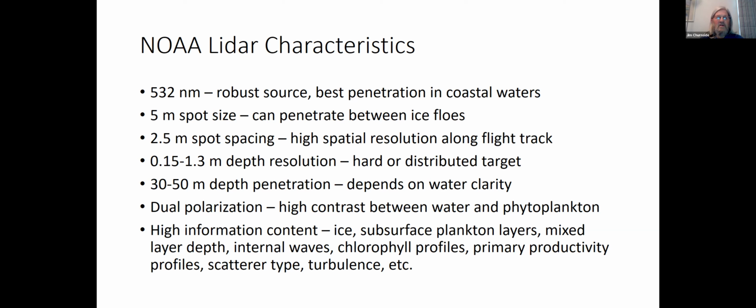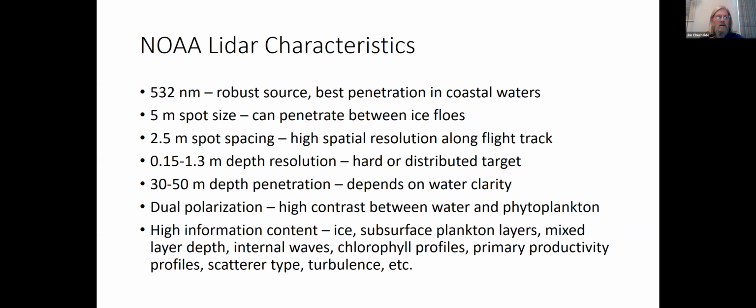We have a 2.5 meter spot spacing on the surface. This gives us high spatial resolution along the flight track. It also means we can do Fourier transforms along the flight track without worrying about aliasing, and I'll talk more about that later. Our depth resolution is 15 centimeters to 1.3 meters, depending on what the target is.